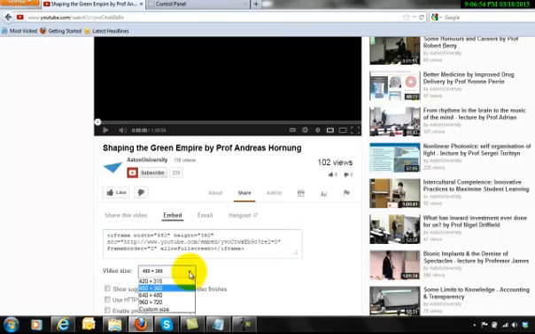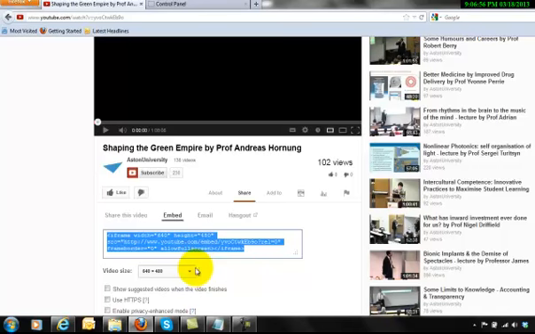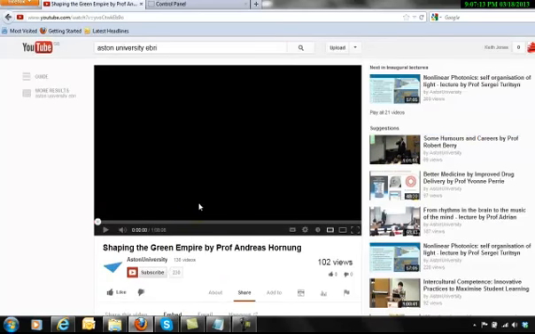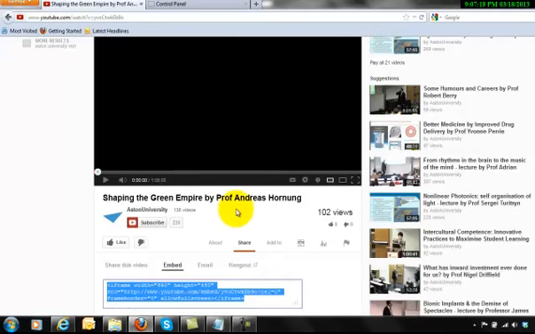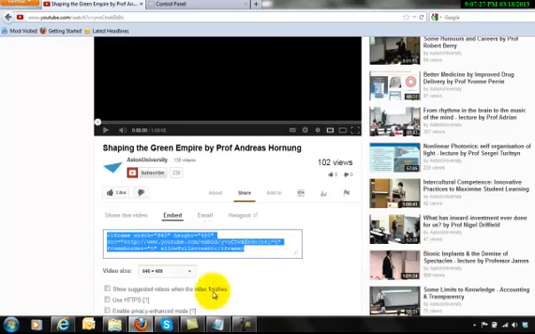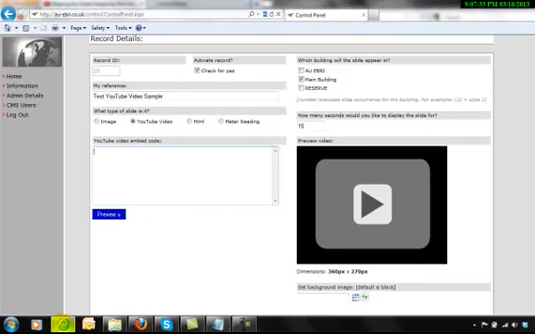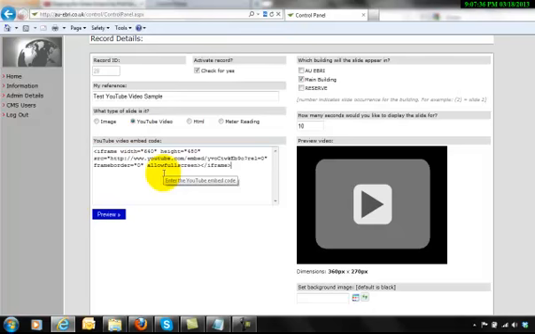and I can select different formats by picking from the drop down box. Now it's possible to use a custom size, but if we use any from the drop down, that will maintain the aspect ratio. That's the ratio of the height and the width of the video, so you won't get black sides on the video. So here I can now right hand click and copy, and then go to my CMS and copy the code